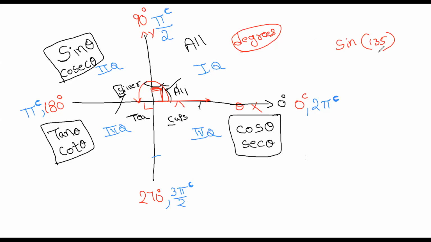So is the answer plus 1 by root 2? Yeah, the answer is plus 1 by root 2 because 135 is in the second quadrant. You can use pi by 2 plus 45 or pi minus 45, right? If you use that, you will get cos of 45, since sine is positive in the second quadrant. That's why plus. That's it.